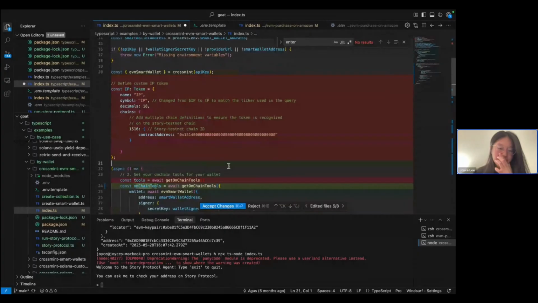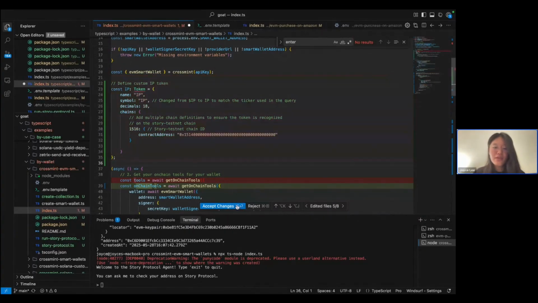the token definition where we were trying to just define IP, because IP currently is still not a token in the token list that we support. So if you want to send IP to each other or transact IP with your agent, you have to define that. For the sake of today's demo, just in the interest of time, we are